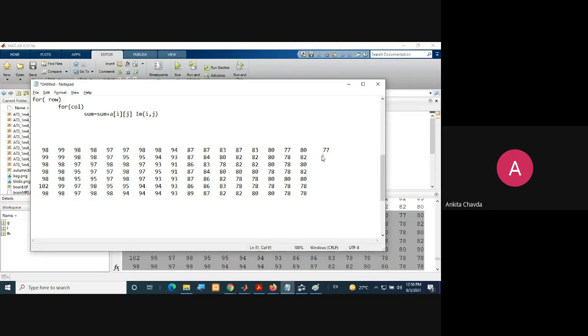Now for another row, from all the columns, which one is the minimum? Suppose it is 82. So you will write 82. In the same way here you will find 78, I think, right? So 78 and so on. This is how you are finding it. Over here somewhere you have values like 45, so here your minimum is 45, right? This way you are searching, and after that, from all these values, 77, 82, 78 and 45, which one is the minimum value? You will say it is 45.